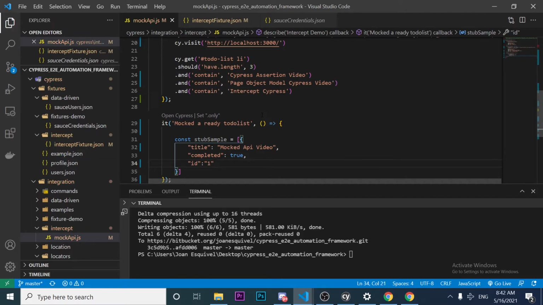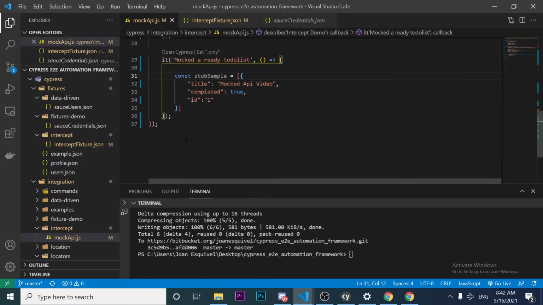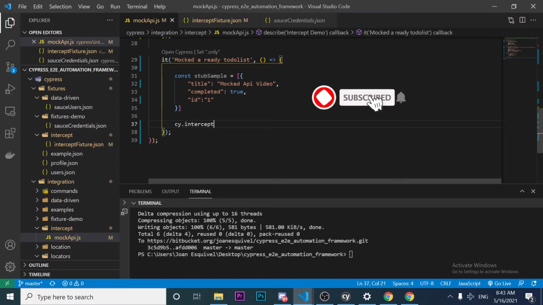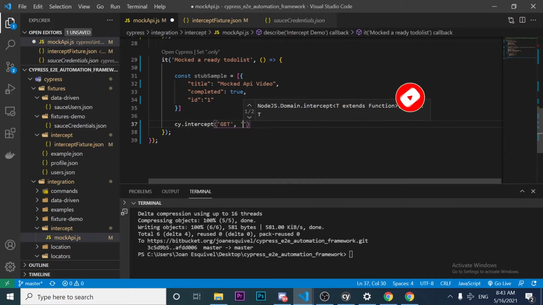Okay, that's good. Now the stop example object is being created, and we can use this constant, which is an object, right? And send it using the intercept. How can we do this? Well, the next step here is using again the intercept command, and we'll use the get method again, and we'll look for the to-dos path, and then we have to send the stop sample, right? How can we do this? Well, the way to do this is using